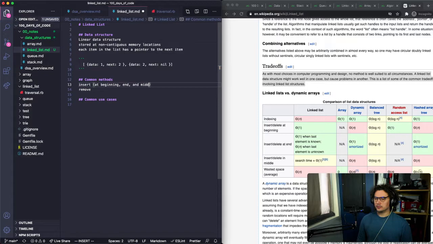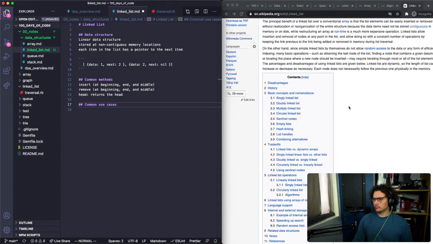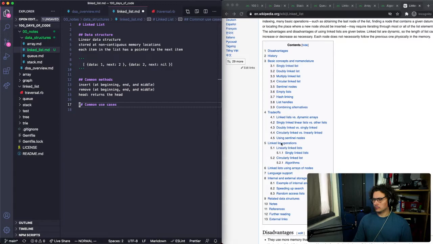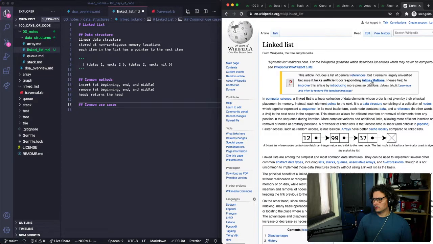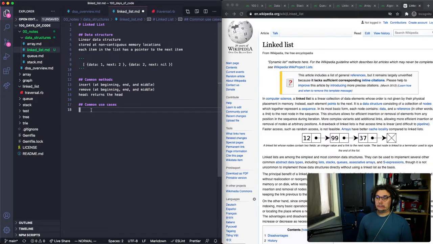Beginning, end, and yeah, I think that's it. Not sure where this would actually be used, so.